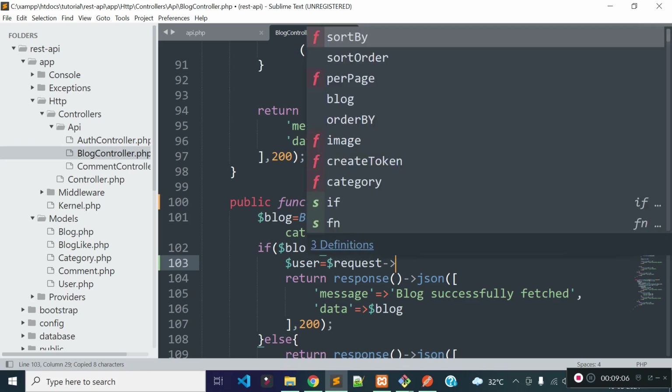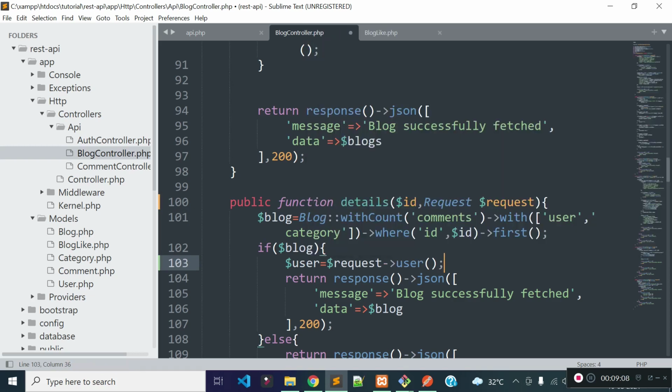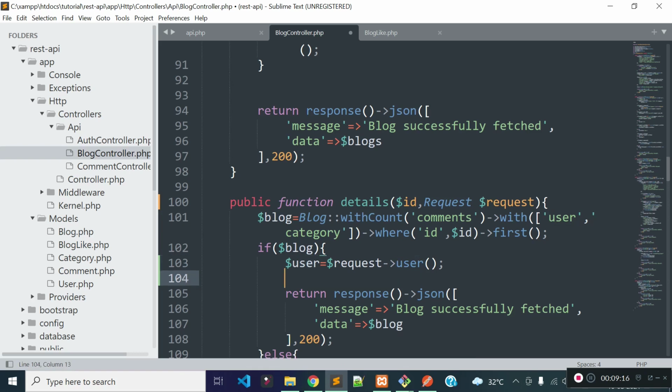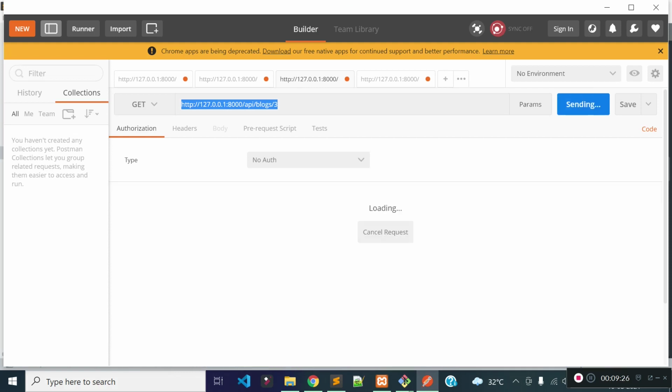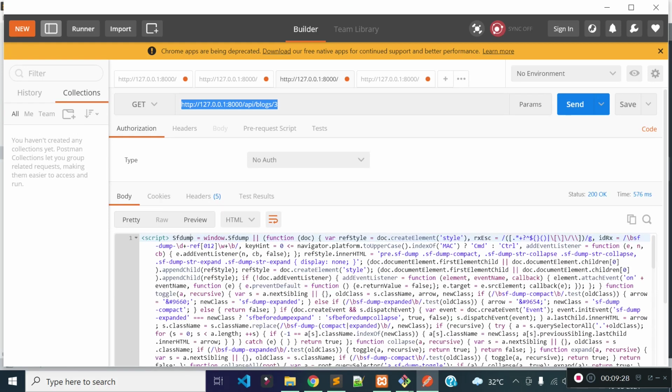You know that we can get currently authenticated user data from the request user method if there is an API token present inside the authorization header. For now, let's dump and die this $user variable to check whether we are getting any currently authenticated user data. Let's call this API again. We are getting a null value.